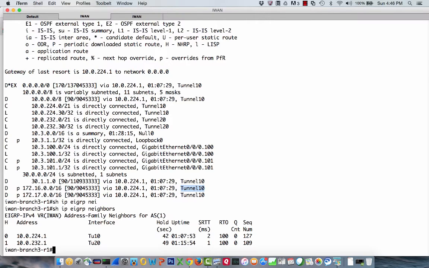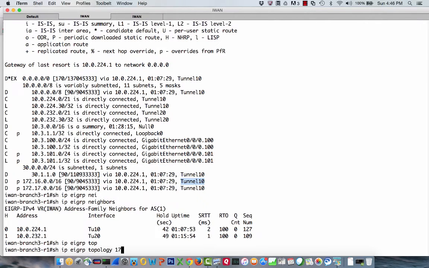We have an EIGRP neighbor from us, branch 3, up to the MPLS DMVPN hub 10.0.224.1. We also have an EIGRP neighbor over on 10.0.232.1 on tunnel 20. If we were to do a show IP EIGRP topology table,